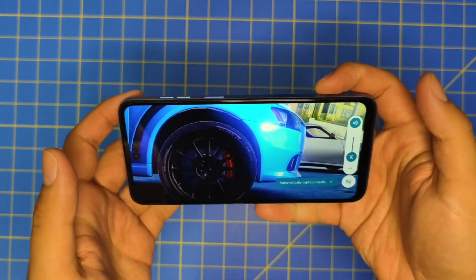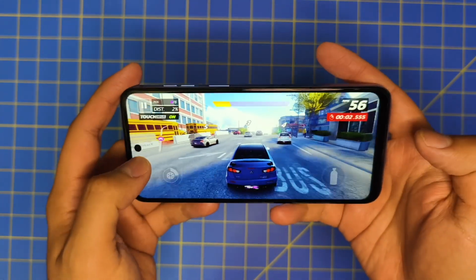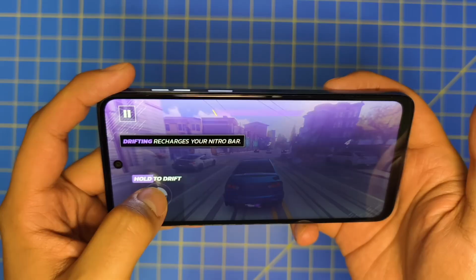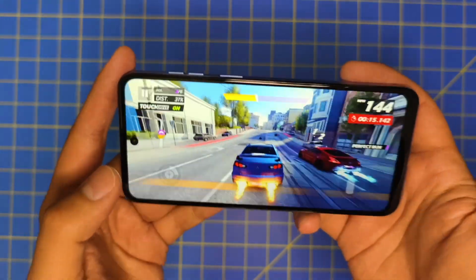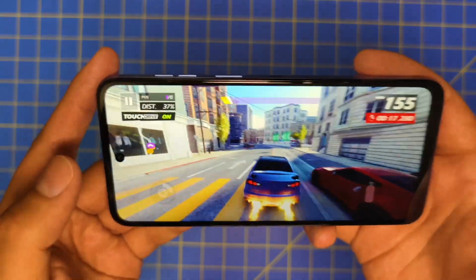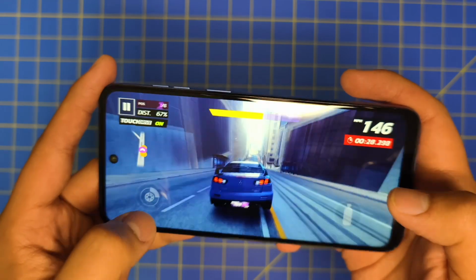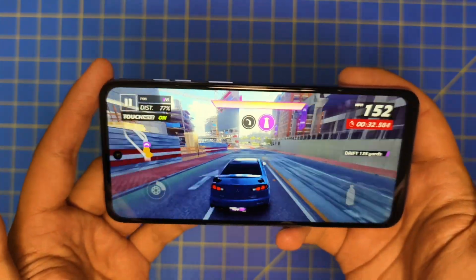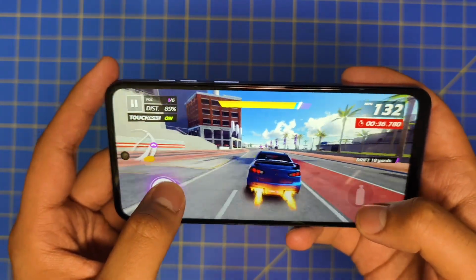Okay, now we are on to the Moto G Play, and we're gonna see how well this guy performs. The Moto G did very well, so I have high hopes for this guy, and it looks like it's starting out a lot stronger than the TCL was. This is playable. Like, at least the game launches, and I'd go as far as to say the game looks good. So you can definitely game on this phone. I'd still say the Moto G is slightly better, but this is acceptable. Like, for $30, this is a great gaming experience on mobile. And that brings us...